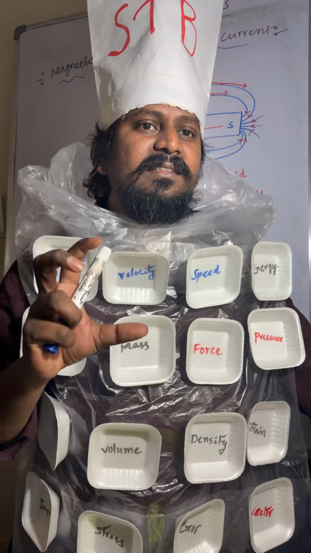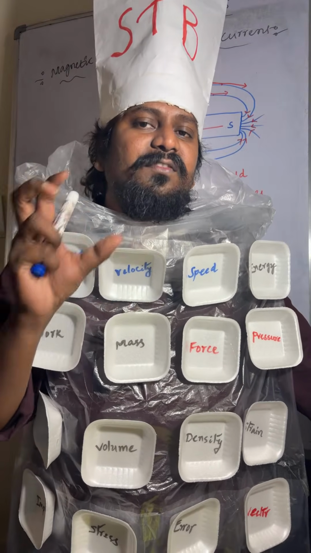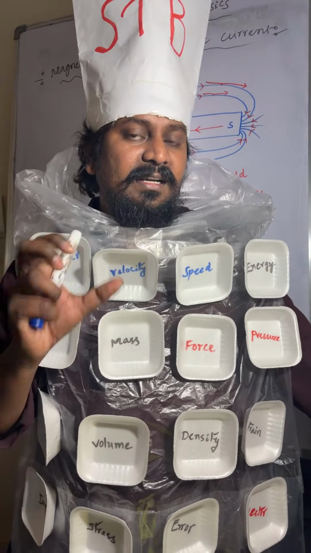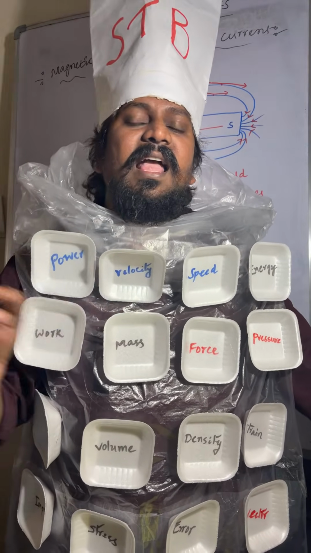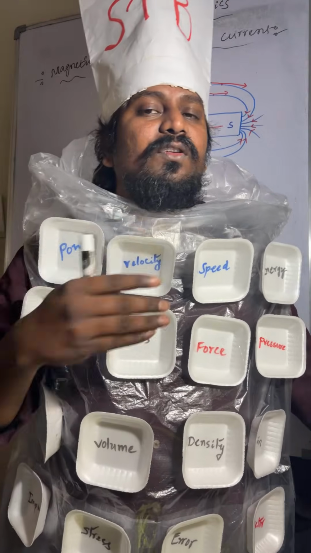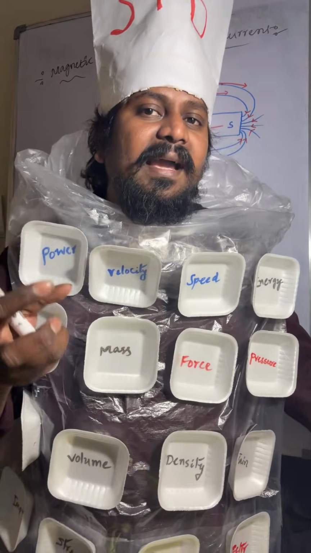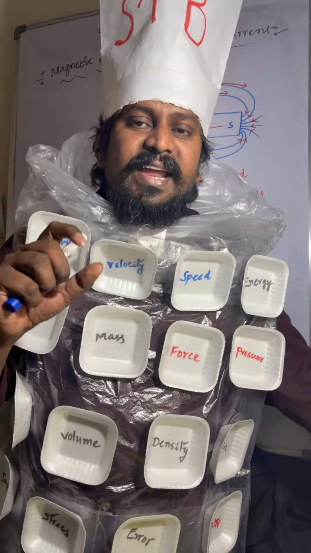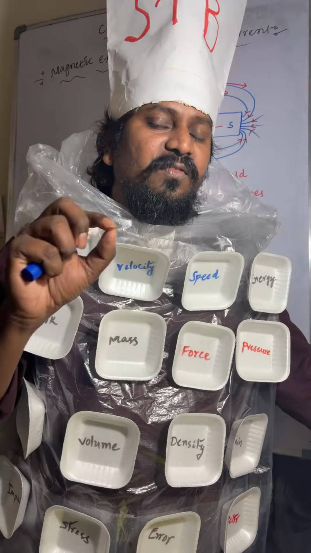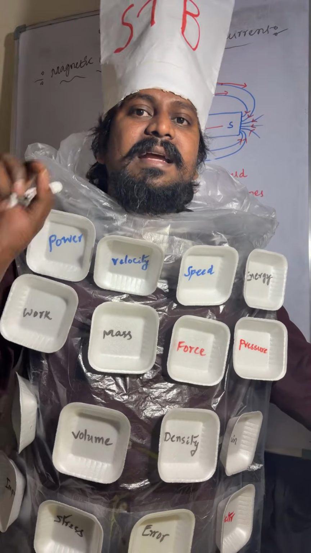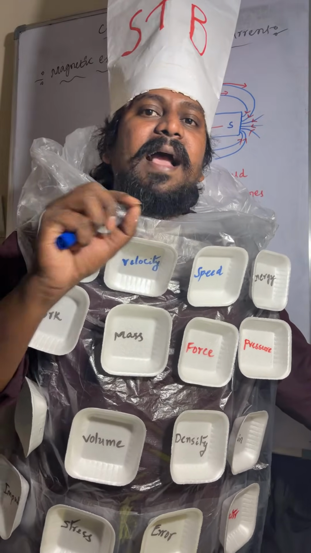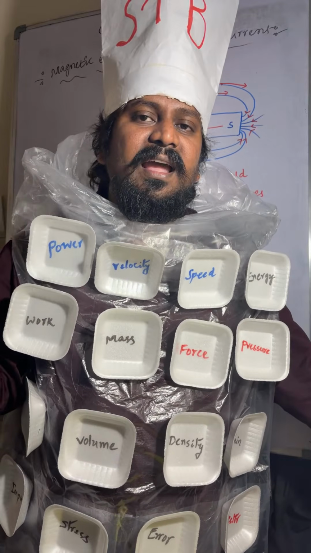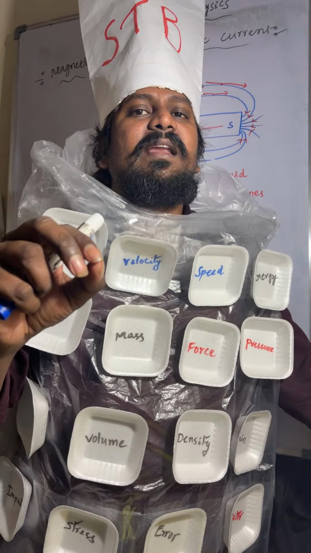Understood? So that is about the magnetic field, its properties, and the direction of the magnetic field at a particular point. How to find out the direction of the magnetic field at a particular point? We have to draw a tangent to the magnetic field line. If you draw a tangent to the magnetic field line, along that particular direction